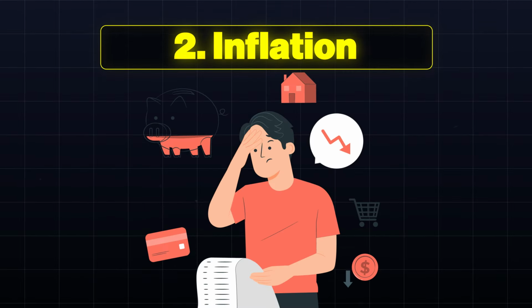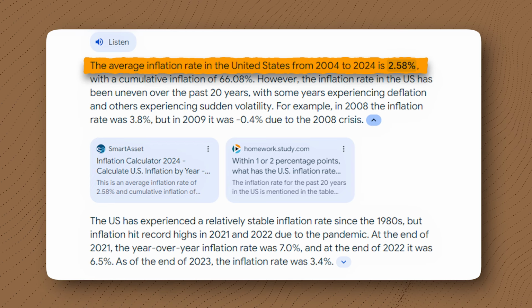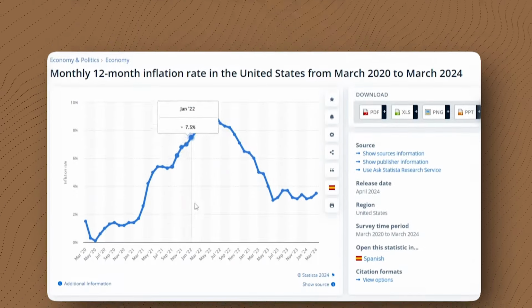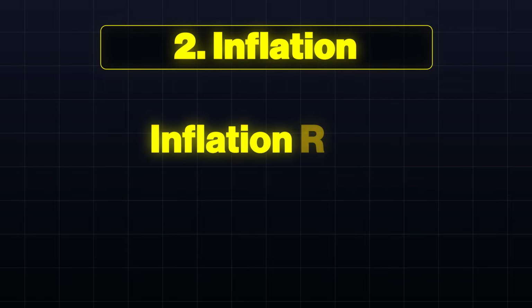Now that we have talked about living expenses, let us talk about the next most important part of the equation, which is inflation. Over the last 20 years from 2004 to 2024, the average inflation rate has roughly been about 2.5%. There have been times when inflation hit a record high of 9%. However, for most of the time over the last 2 decades, inflation has been closer to the average of about 2.5%. However, just to be a bit safer, we will assume a slightly higher average inflation rate of about 3%